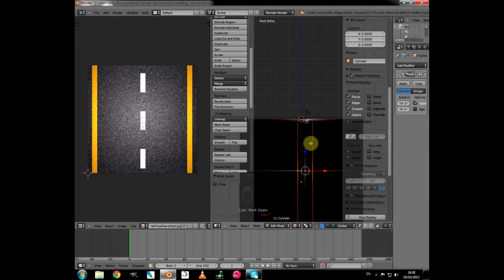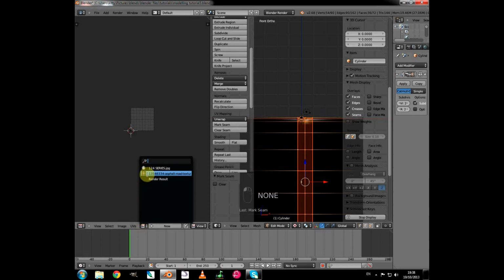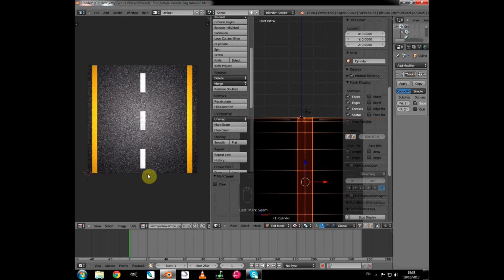So if I select all the vertices from this ring by clicking Alt, Shift, right mouse button, keeping Alt and Shift held down, I click the right mouse button in the middle and again on the edge, and you'll see it's done its thing again where it's taken us off the image we needed. So if I bring that back up, and if I press now U to unwrap,